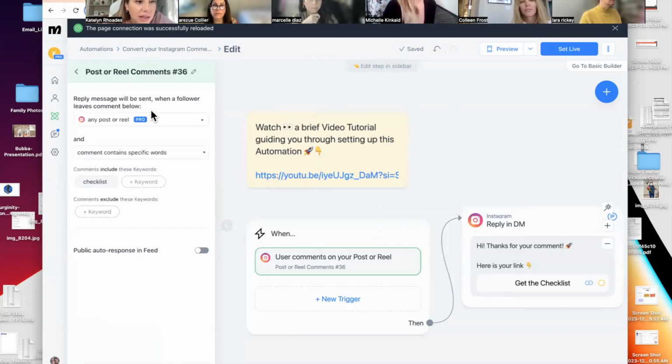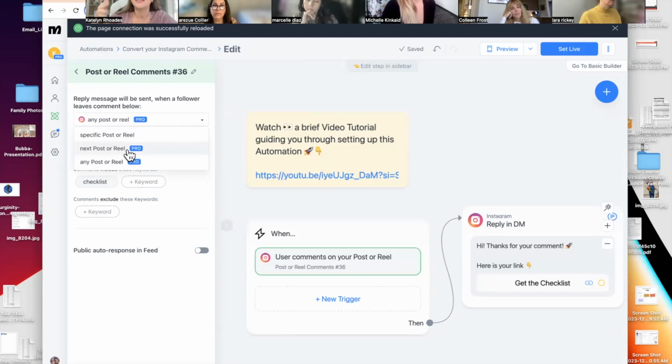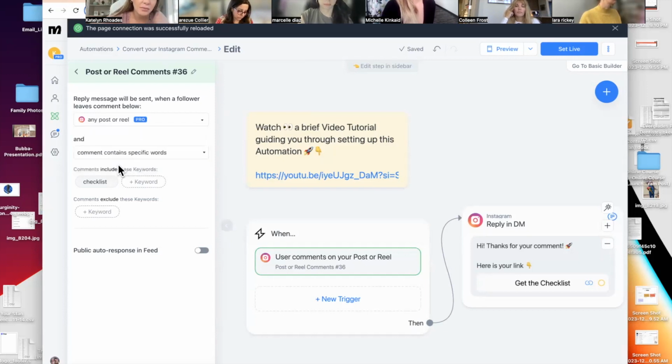So here's your choices here. When someone replies on a specific post, or maybe it's going to be the next post that you share on your Instagram, or maybe it's just any post on your profile. Could be old, could be new, doesn't matter. Any post, this happens. So I'm going to just click any post. And then